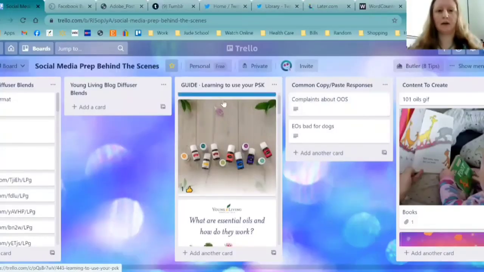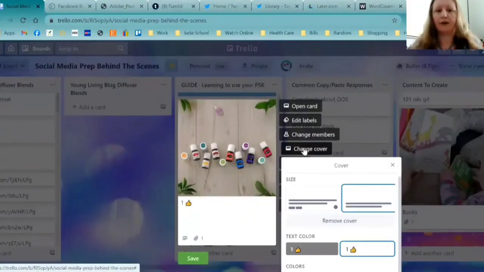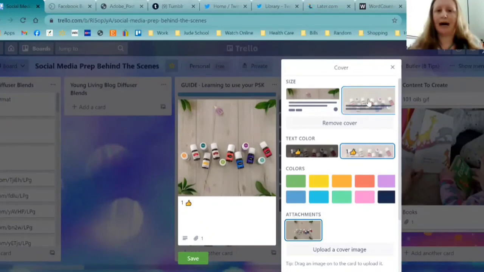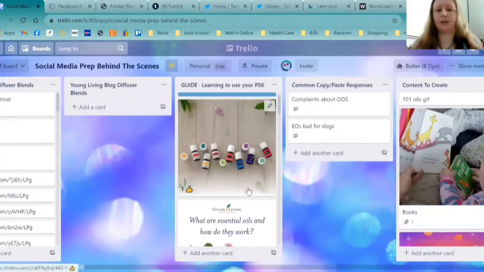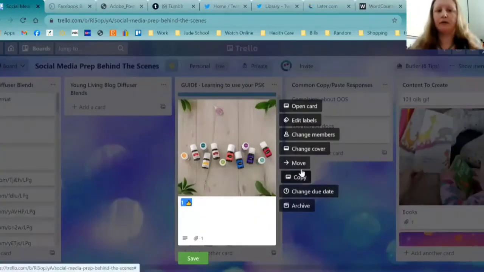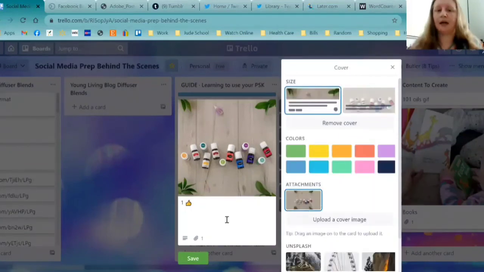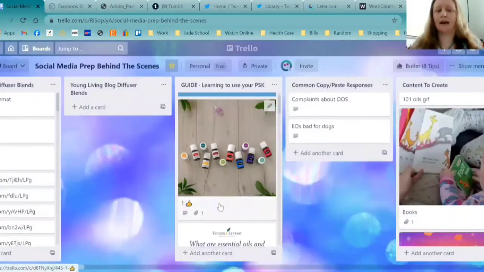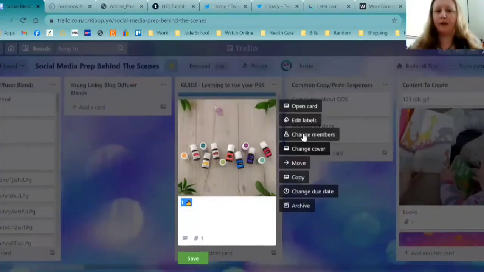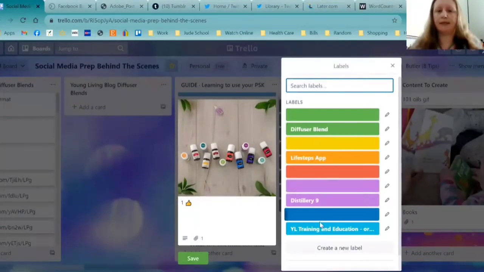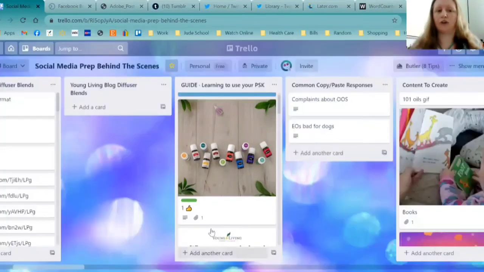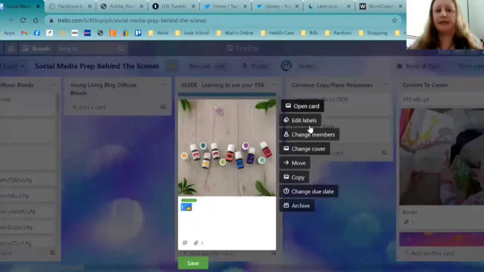So if you go in here and you click this, you can change your cover of your card. You can't do this from the phone, but I like these. I put the little icon, the little emojis, and it just puts the text right over the bottom of the card. The other way, change cover, it puts it underneath. And then if you have labels here, which I try to put labels as well, then it shows you your label color in this way, but it doesn't show it to you when you put that.